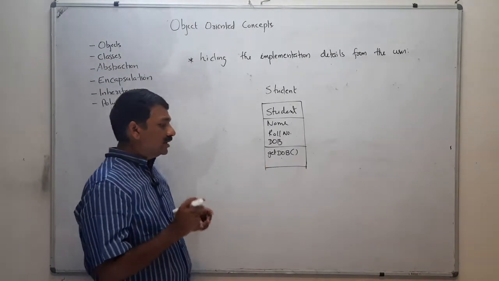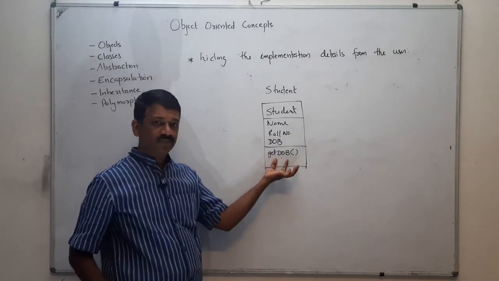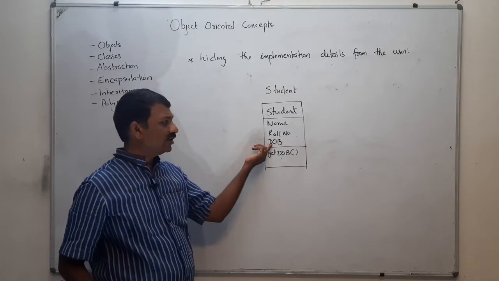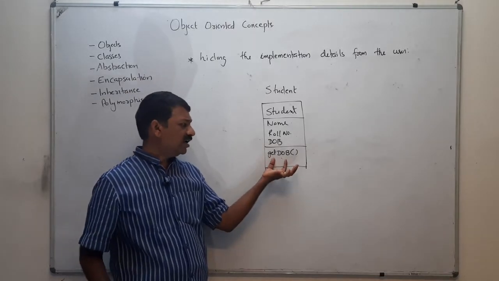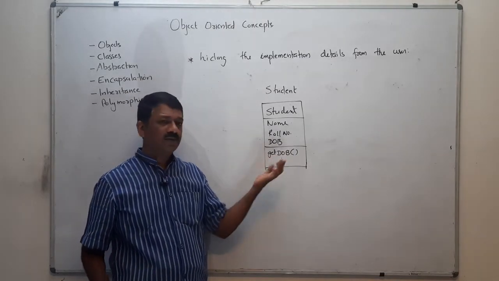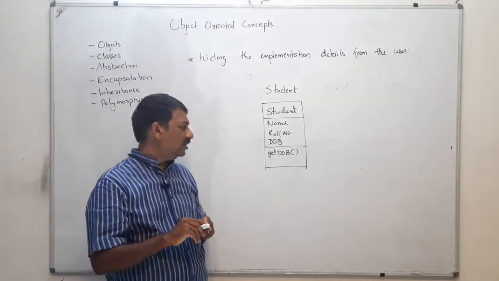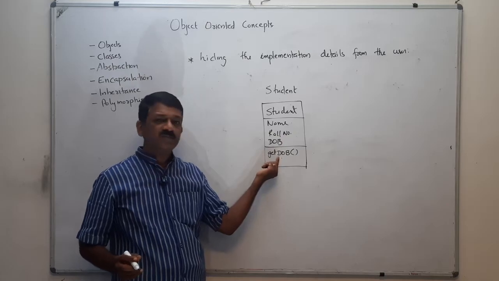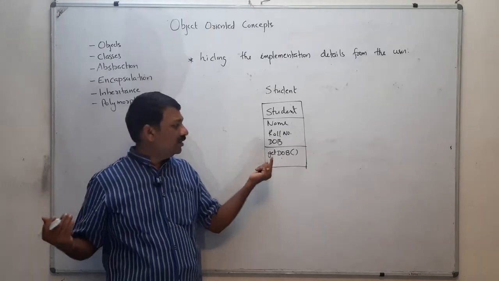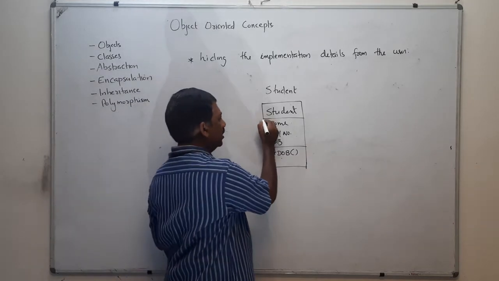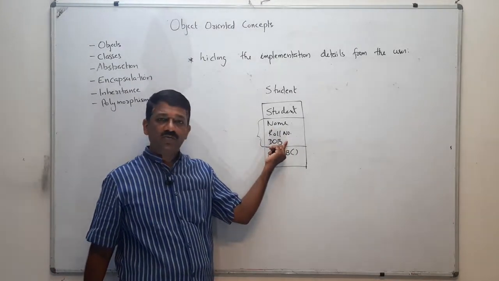That means just like a switch in a TV, here this is a function, and if you want to know the date of birth of this particular student, you need only know the function associated with that. That means getDOB means if you have an object, and for that object, if you call this method, then it will return the date of birth of that particular student. Okay, that means here these data are private data, and these are hidden from the end user.